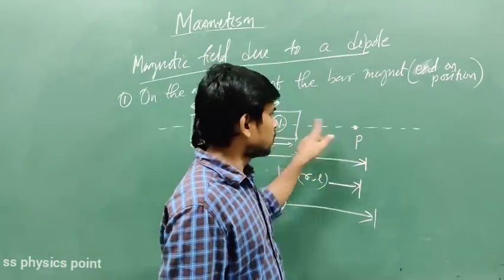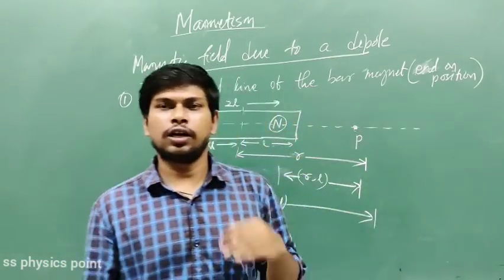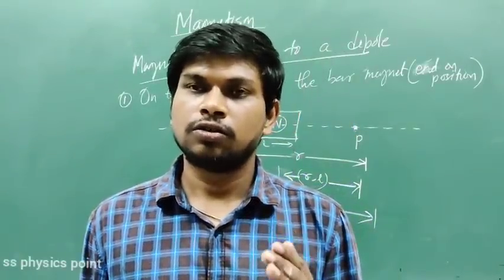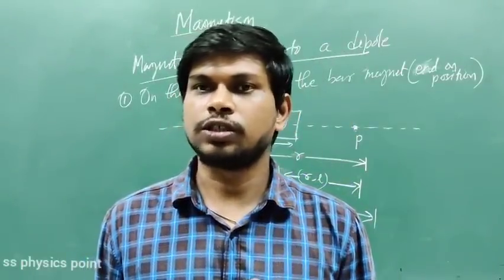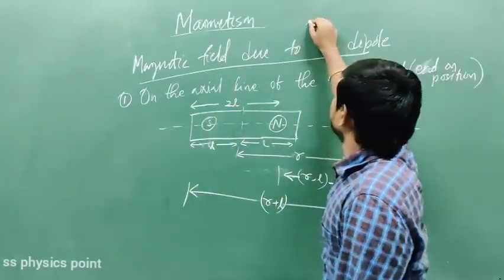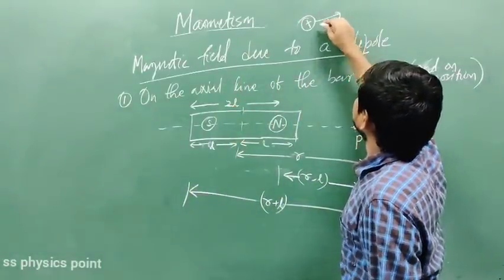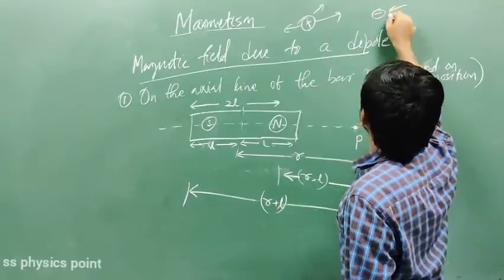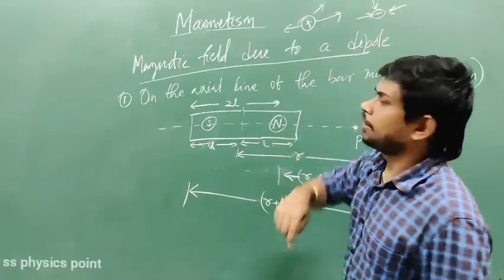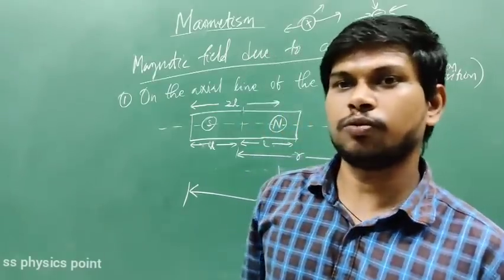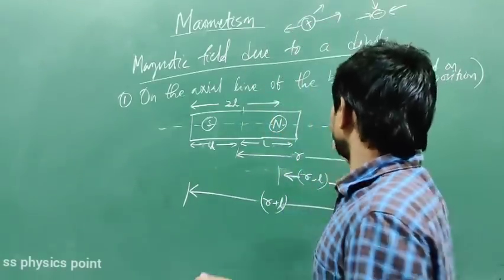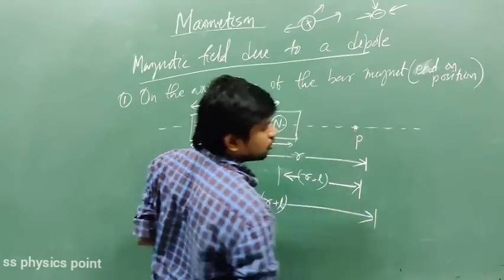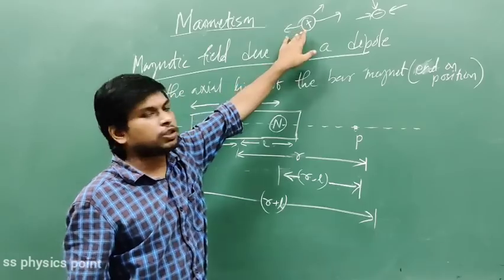of the north pole. In which direction will the force lie? It is similar to the case of a positive charge. You know that electric lines of force start from a positive charge and end at a negative charge. It is the same here. For a north pole the lines of force will be outward. Always remember, similar to positive charges.